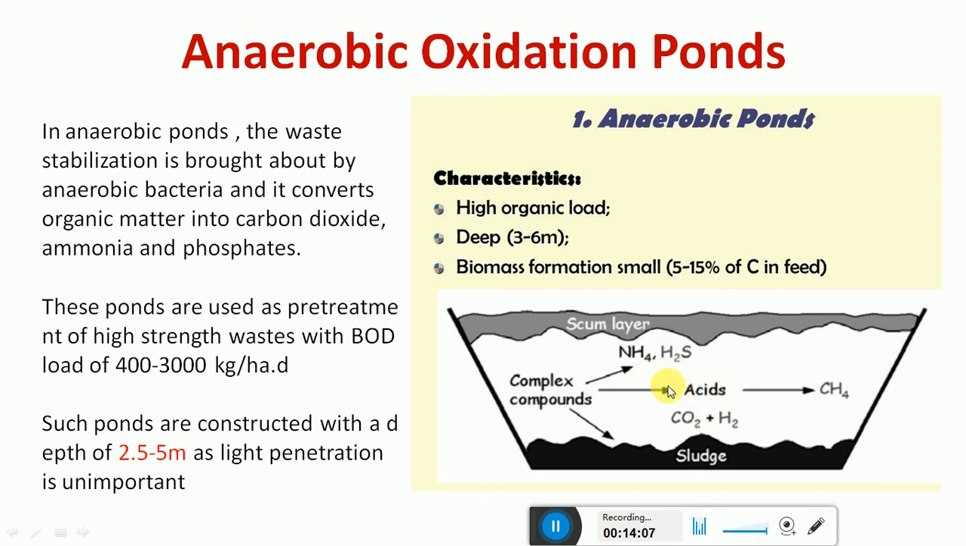Due to the scum layer which forms above the water surface, anaerobic conditions prevail in the pond. In the absence of oxygen, the anaerobic bacteria come into action and stabilize the waste with the liberation of ammonia, methane and hydrogen sulfide. Such ponds are constructed with a depth of around 2.5 to 5 meters, as light penetration is not important in this case, because most of the work is done by the anaerobic bacteria. So these are the different types of